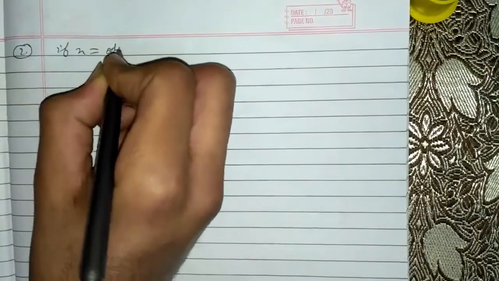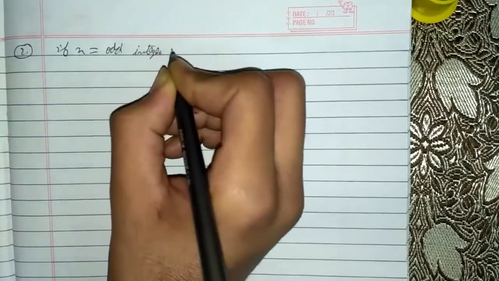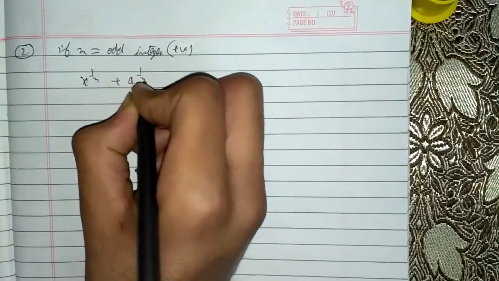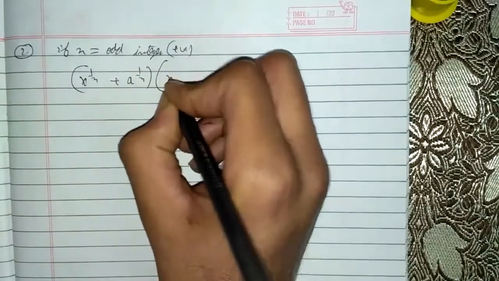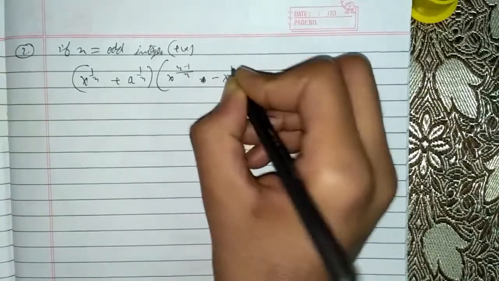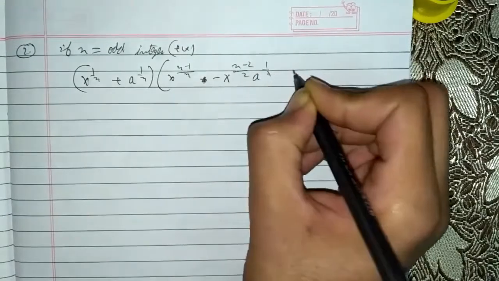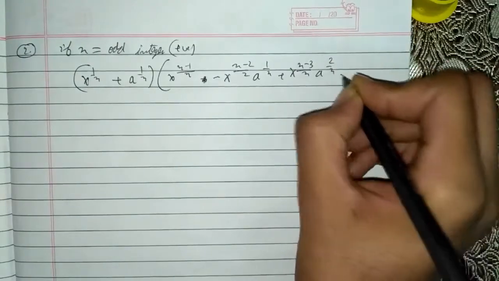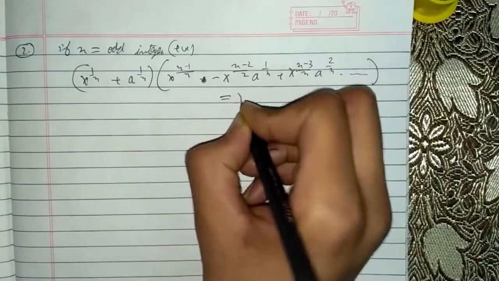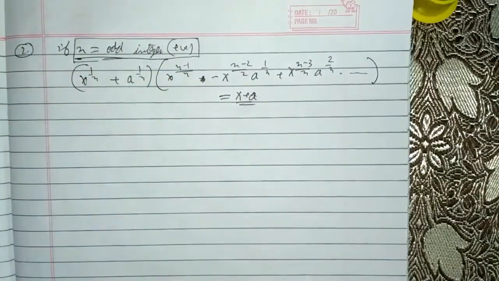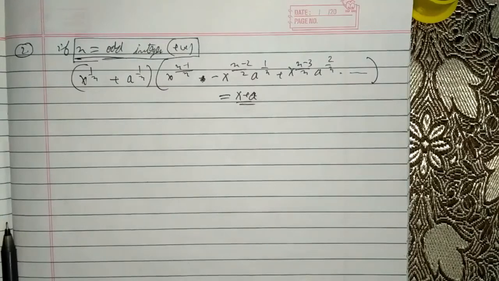And the second important note is, if n is equal to an odd integer and also positive, then x to the power 1 by n plus a to the power 1 by n times x to the power (n minus 1) whole divided by n, minus x to the power (n minus 2) by n times a to the power 1 by n, plus x to the power (n minus 3) by n times a to the power 2 by n, and so on, is equal to x plus a. Remember, it is only for when n is an odd integer that is positive. Okay, so moving forward,